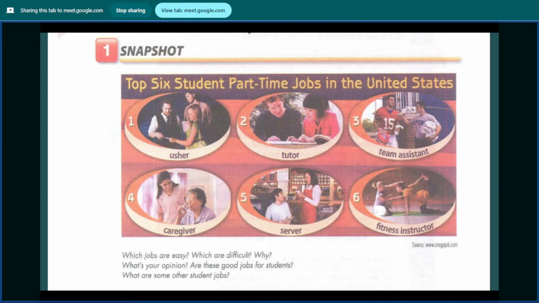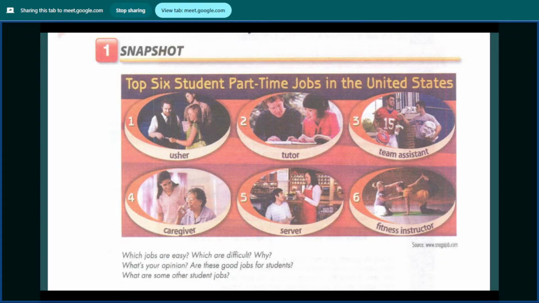Easy jobs: caregiver, server, and tutor. And difficult are fitness instructor, team assistant. Why difficult? Because fitness